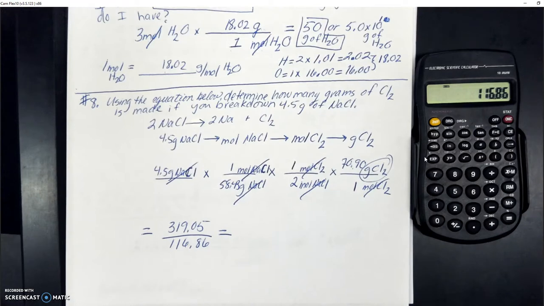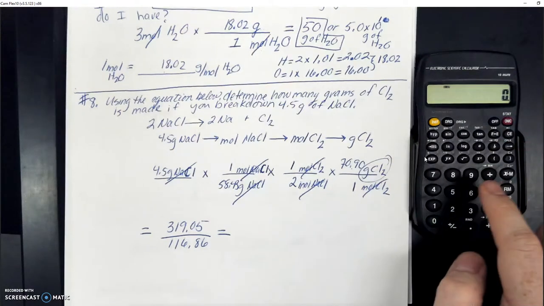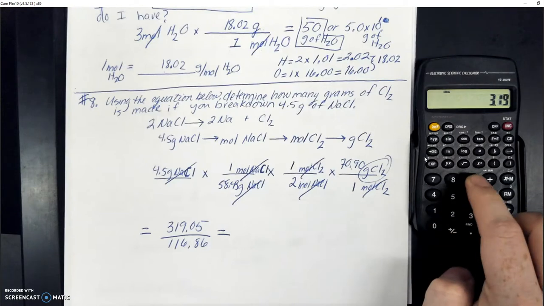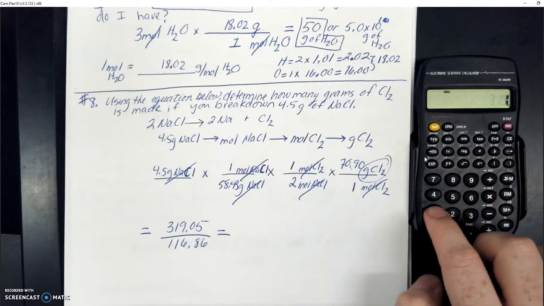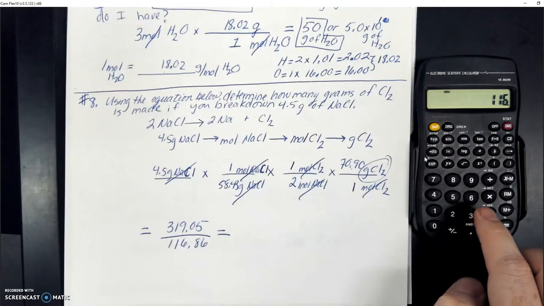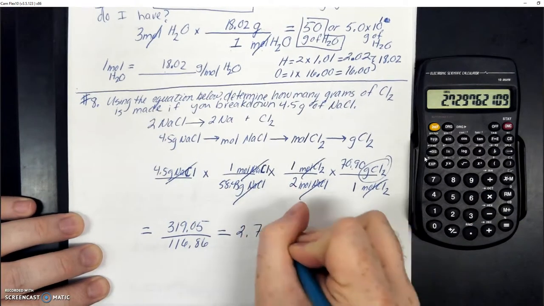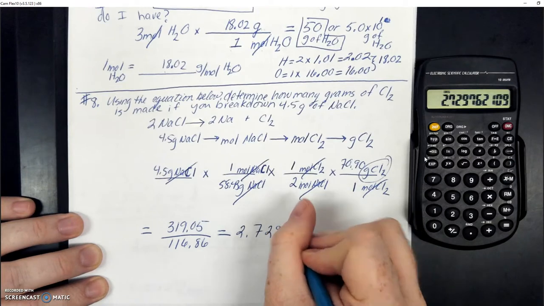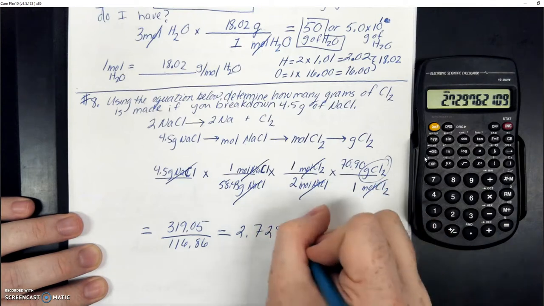Alright, now, significant figures. Okay, this is division. So we are only allowed the amount of significant figures that the lowest number has. In this case, they both have 1, 2, 3, 4, 5, so our final answer has to have 5. Now, we're running out of time here, so we're going to go ahead and divide this out real quick. 319 divided by 116.86, so our final answer will be 97, because it's 5 significant figures, and the final answer is grams of Cl2, because that's what we were looking